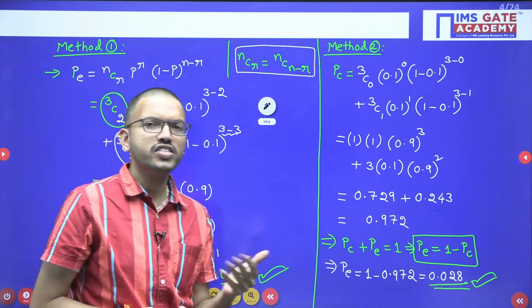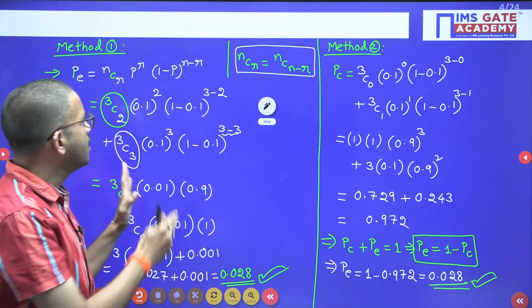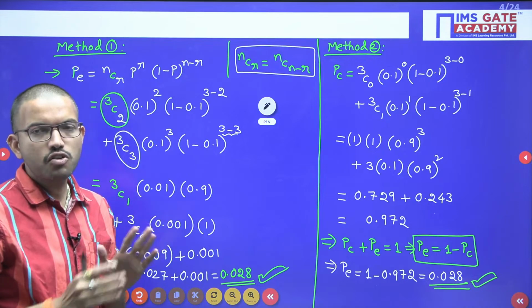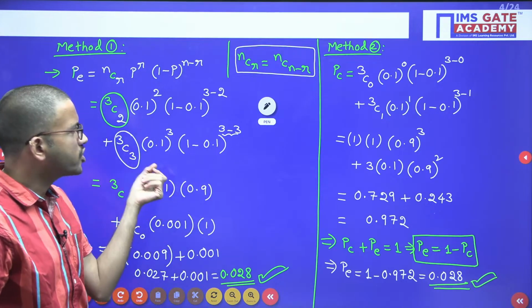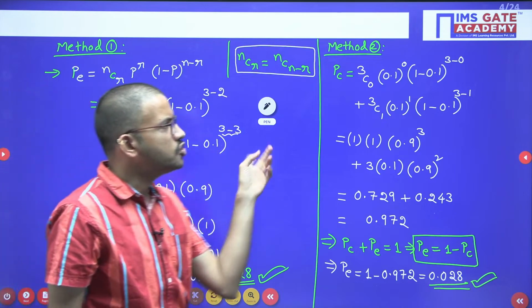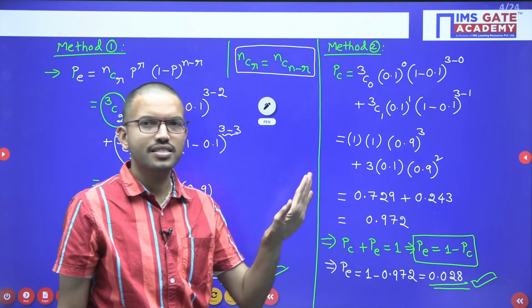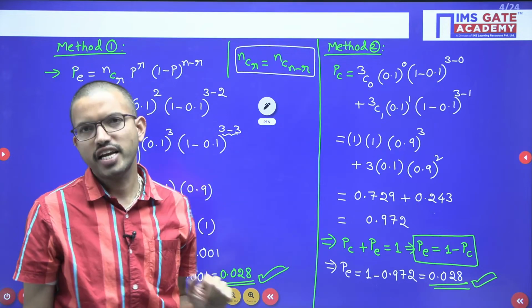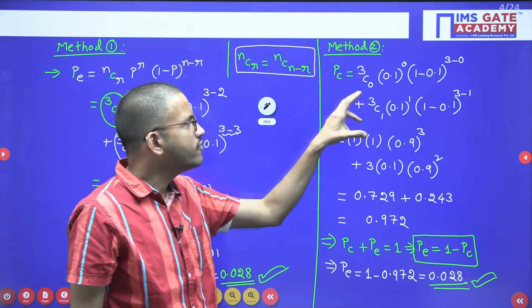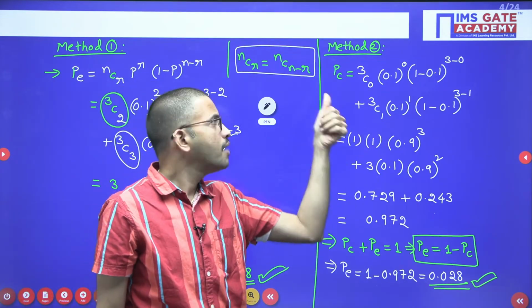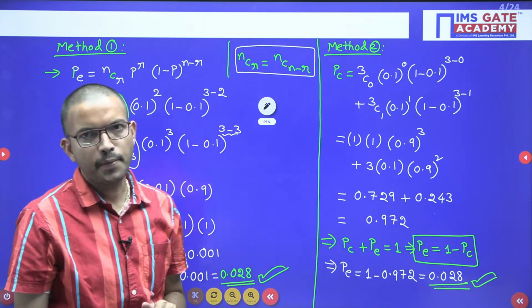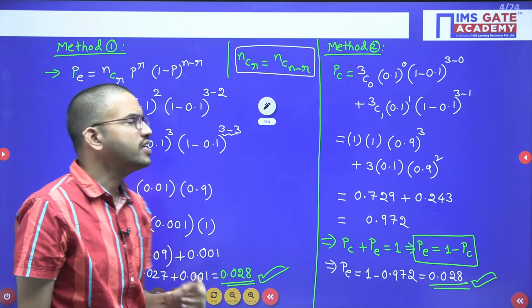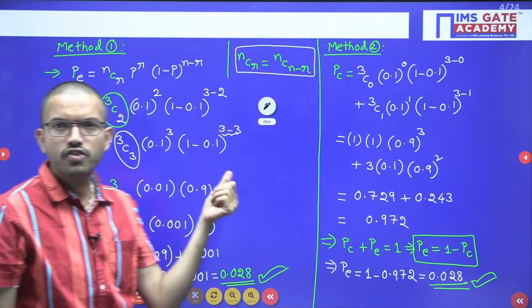But I mean to say, for example, out of 8 combinations, 7 combinations you are going to get error, and 1 combination you are not getting error. In that case, better you can follow the second method, so that with the help of simple calculation by using the second method you can easily get the answer quickly in less time, right? I hope it is clear for everyone when to follow method 1, when to follow method 2.